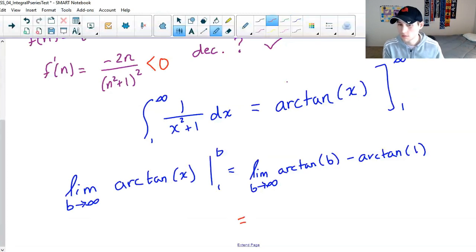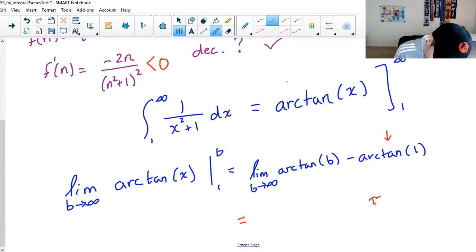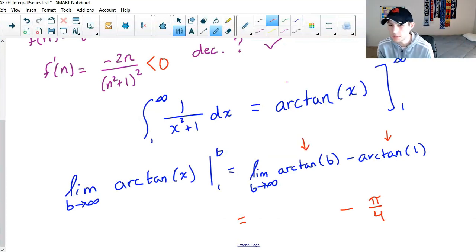Okay, so I'm going to start with my second piece, actually. Arctan of 1, so if I think of what angle would give a tangent equal to 1. So tangent of what angle equals 1? It's pi over 4. And now to arctan of b as b goes to infinity. So again, thinking along the same lines, tangent of what angle gives me infinity? Well, that's kind of a weird question, but